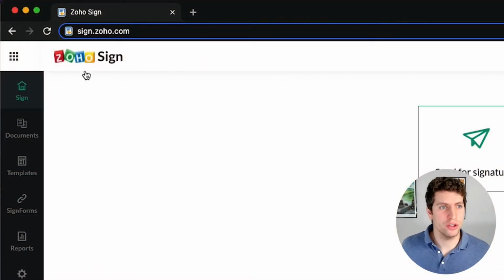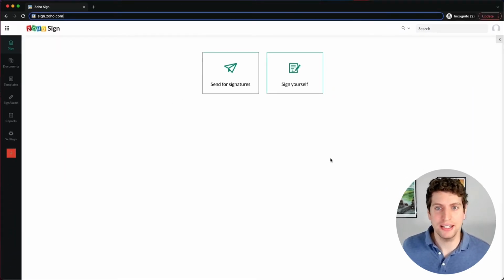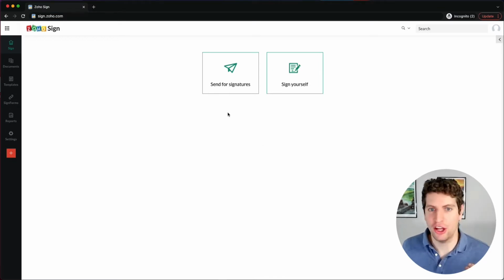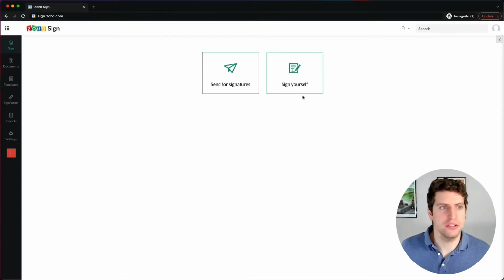All right, logging into Zoho Sign using the sign.zoho.com URL, we can see that this is our homepage. This is what happens when we log in for the first time. This is Zoho Sign. There is not a lot here, but it is quite a powerful tool. So we're just going to go through each of these tabs on the left-hand side, and I'll show you a bit about how you can go about using it. And then we're going to dive into a lot more depth in future tutorials on how to send for signatures, signing your document yourself. There's a whole bunch of different tutorials we could dive into here, but this is the